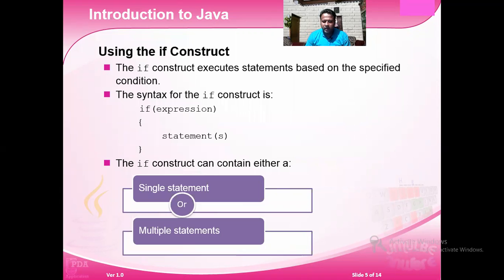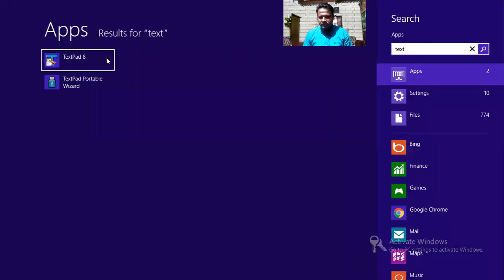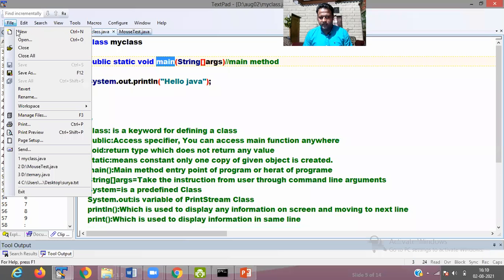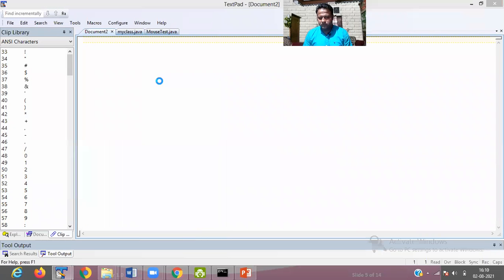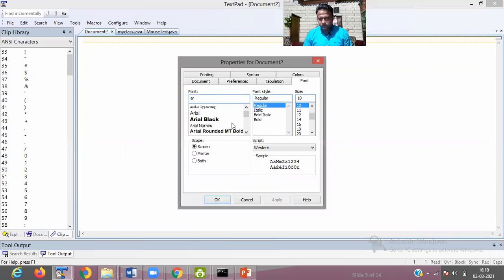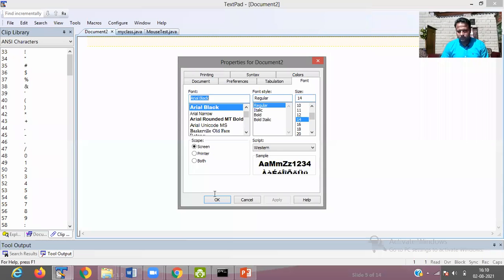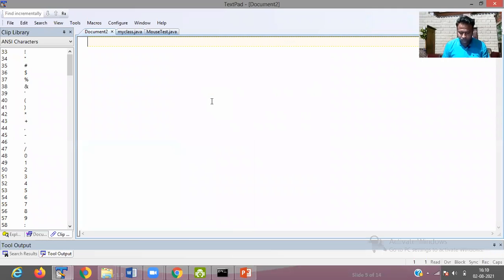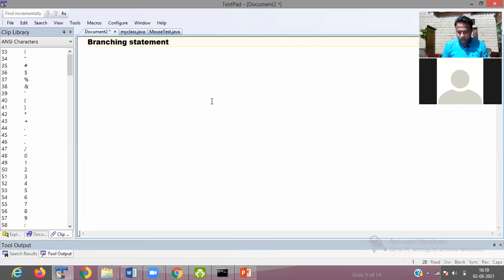Actually, we're talking about the branching statement. Your branching statement is of two types.